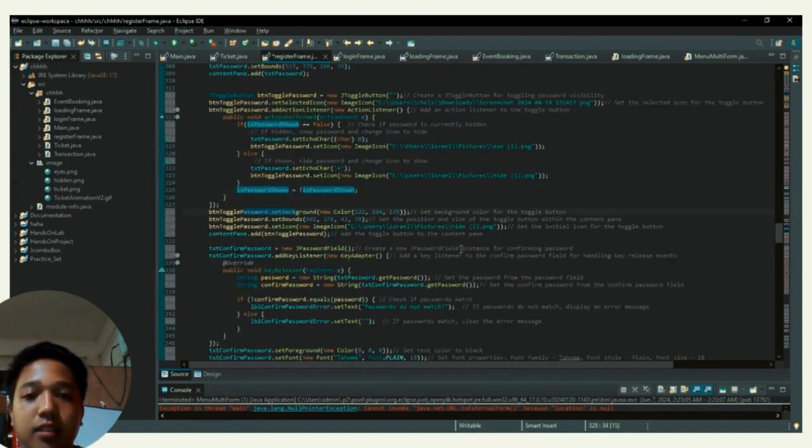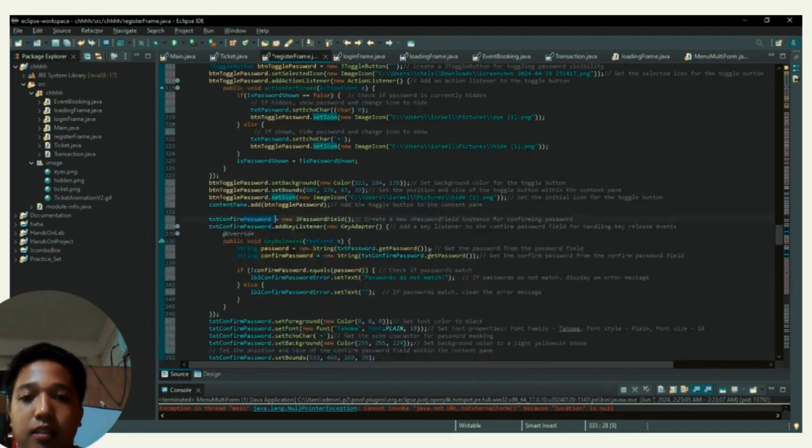The next line sets the background color for the toggle button. The next line sets the position and size of the toggle button within the content pane. The next line sets the initial icon for the toggle button. The next line adds the toggle button to the content pane. The next line creates a new JPasswordField